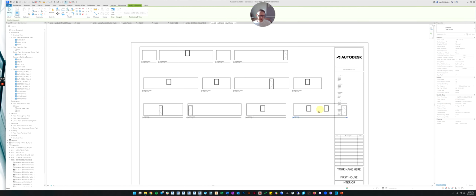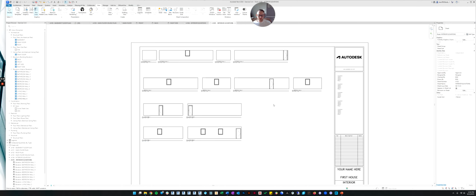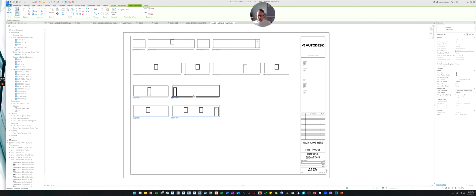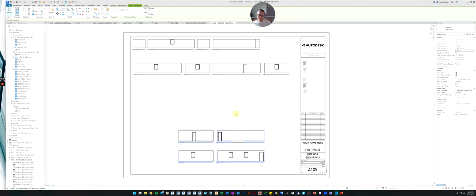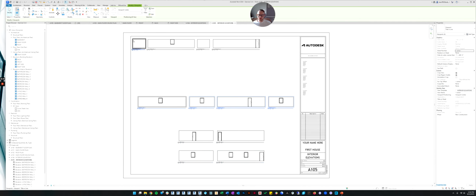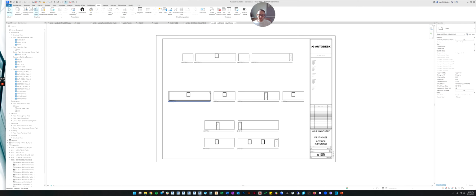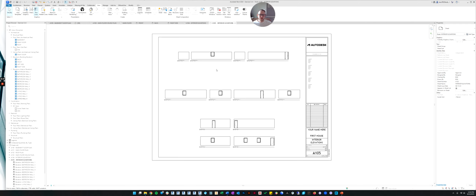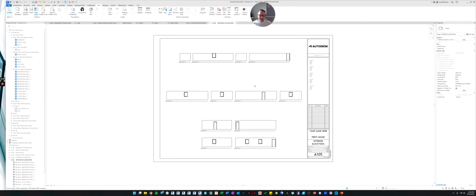Oh, and see, this one's not going to fit. It's too big. So I'm just going to, for visibility reasons, take both of these onto their own line because that looks cleaner than maybe having one here and then just one here. And then the other thing I might do is, now that I know this fits on a sheet, I'll arrange the sheet so it looks visually a little bit better. We'll try to balance the sheet out so we don't have big white spots. And then we'll try to center everything. Now this is a subjective thing to do, but each employer will have their way of arranging these.